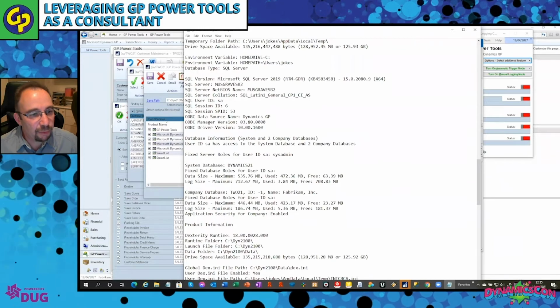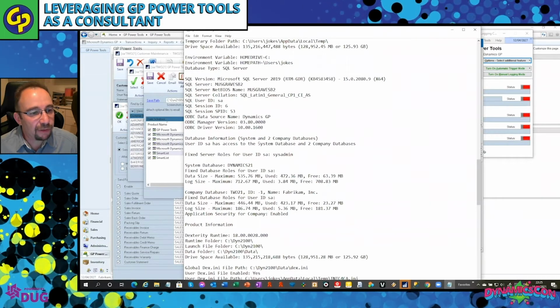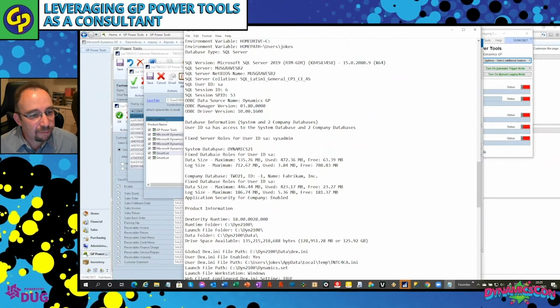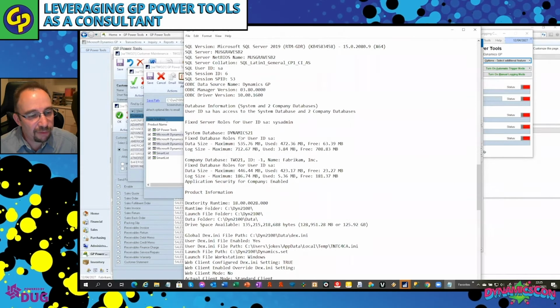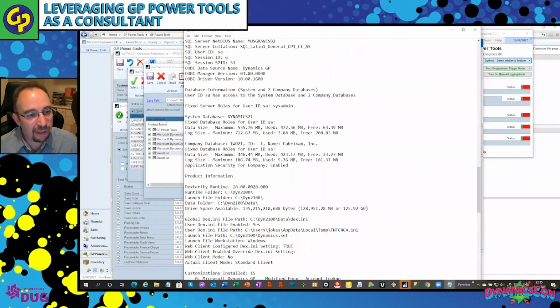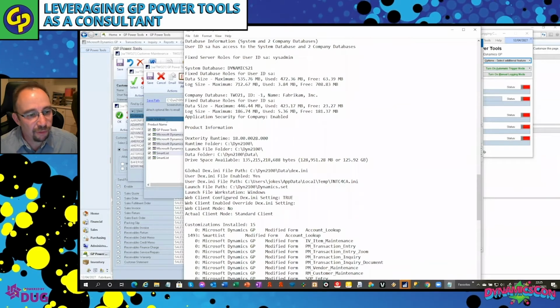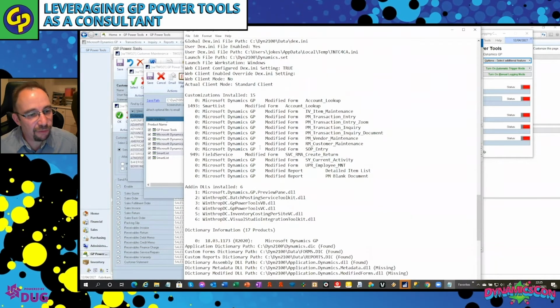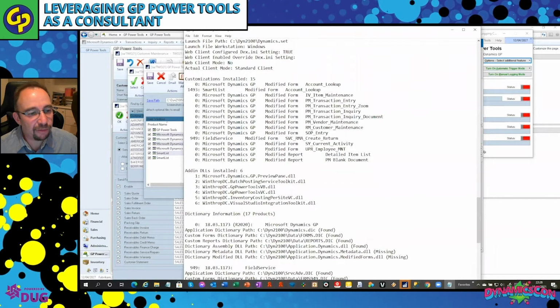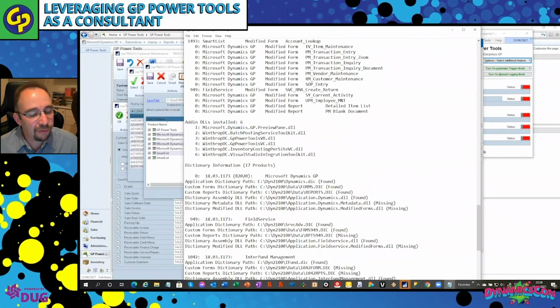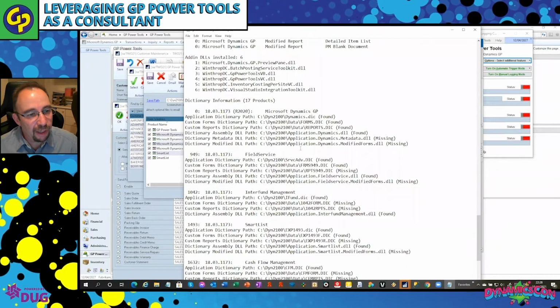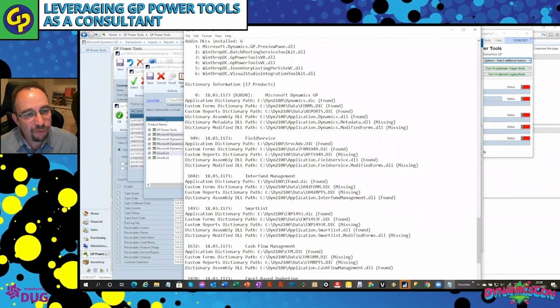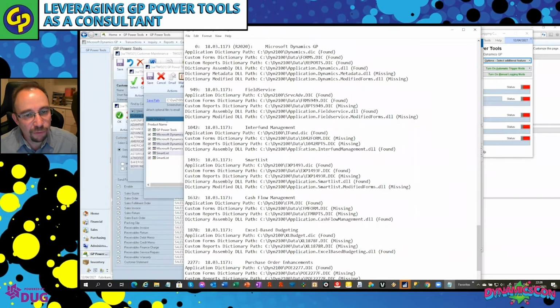It'll then include information about the Dynamics data, or the Dynamics database and the company databases, and then it has runtime information, so the version of the runtime, some settings. It'll show you all of the customizations installed as per customization maintenance, the add-ins, the Visual Studio add-ins that are installed, and then it will list off every single dictionary and what version it is, and